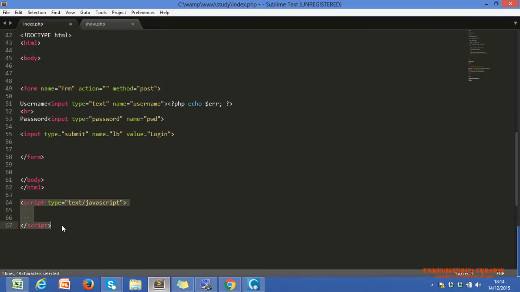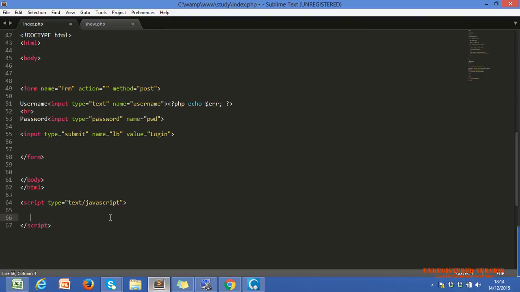HTML provides the tag, and we use it to write JavaScript and jQuery code. JavaScript and jQuery are client-side scripting languages.